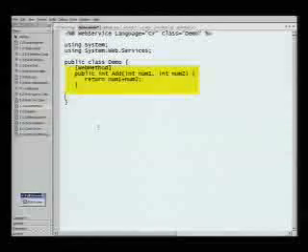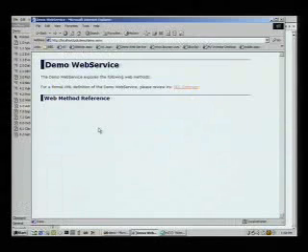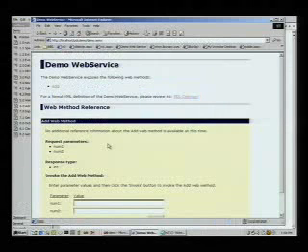So I'm just taking two numbers, adding them together and returning them, and that's how I've written my method. I don't have to think about HTTP or XML. I think in the data types that I naturally think in, and the web service programming abstraction takes care of all the details. So if I simply save that and refresh this page, you'll notice that the HTML documentation page